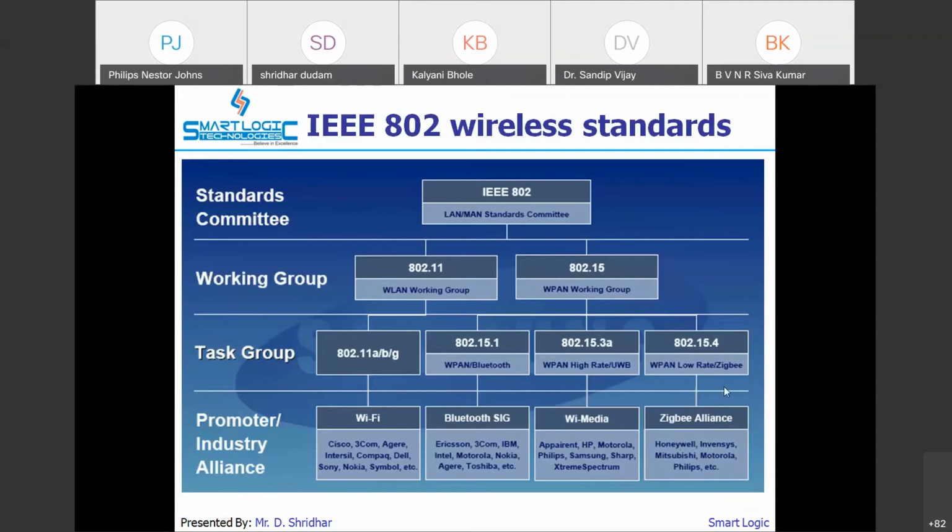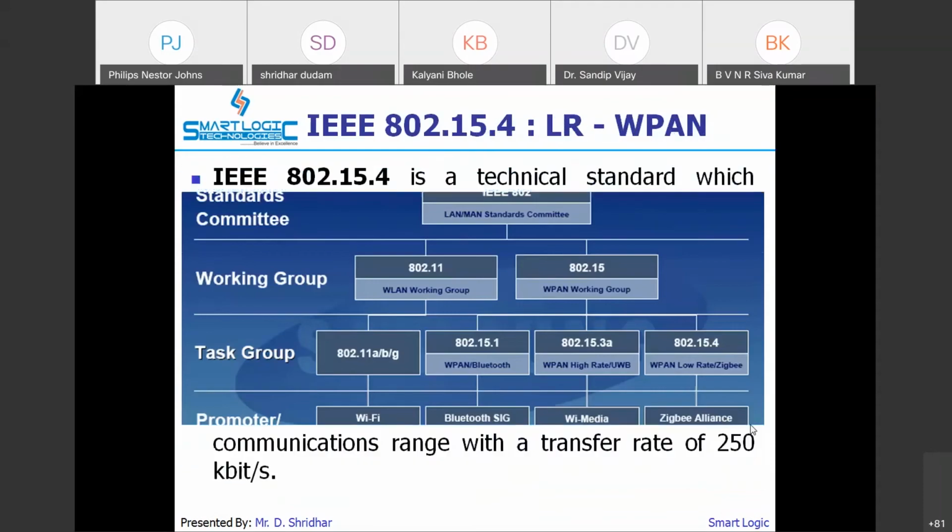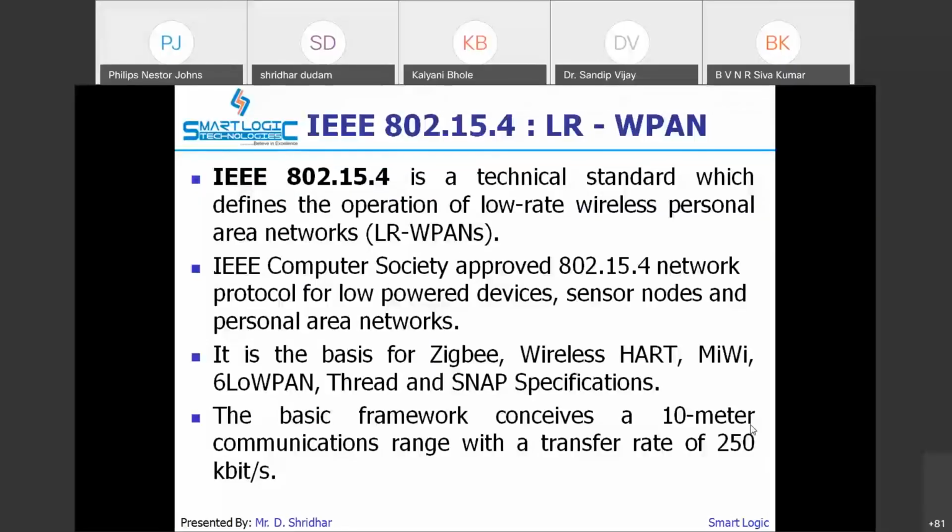Under that low rate WPAN, Zigbee comes, RFID comes, and even 6LoWPAN, the low power WPAN which is being used in IoT, also comes. So the low rate WPAN is the technical standard which defines the operation of low rate wireless personal networks.